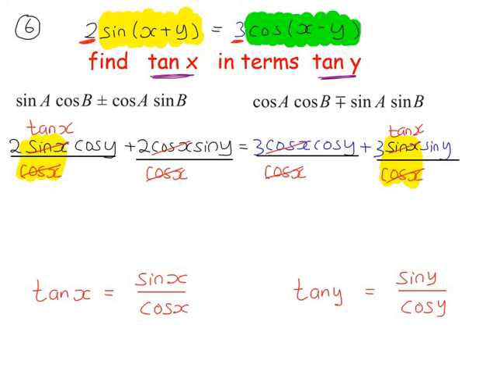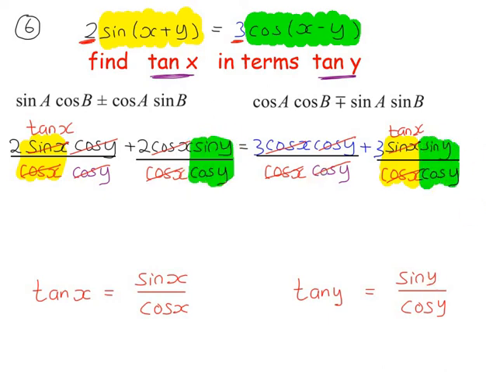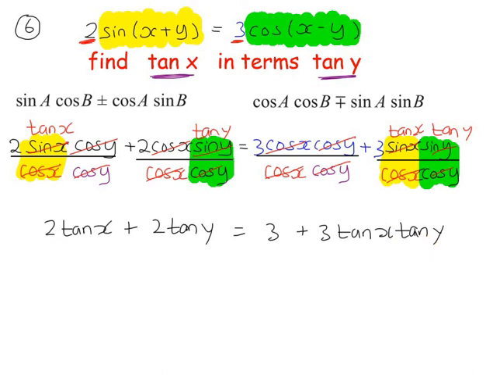Okay, now I'm going to divide by cos y throughout. So these are the same, they cancel. These are the same, they cancel. And this time we have sine over cos. So that's going to give us tan y, this highlighted part. We can replace with tan y. And the same here, sine over cos is tan. So we have tan y. Okay, so we can get rid of this and replace it with tan y. So simplifying now gives us these terms after simplifying,